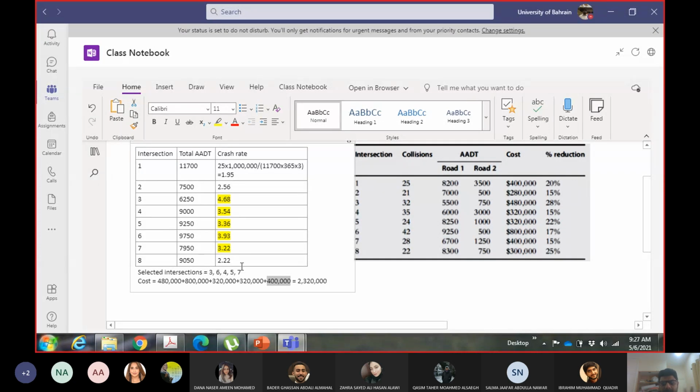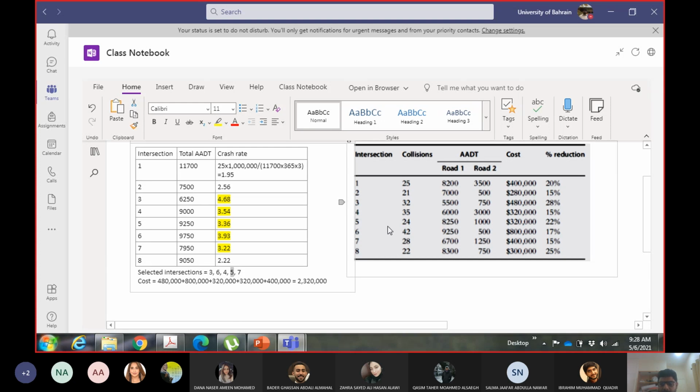Okay, so can we do some swap on the basis of the percentage of accidents you are reducing? For example, I selected site number 5 and site number 7, right? So if I select 7, I'm going over. But if I don't select number 7, I'm not utilizing more than 300,000. So instead of taking out number 7, if I take out number 5, which is the closest one, right? Number 5 is the closest one.